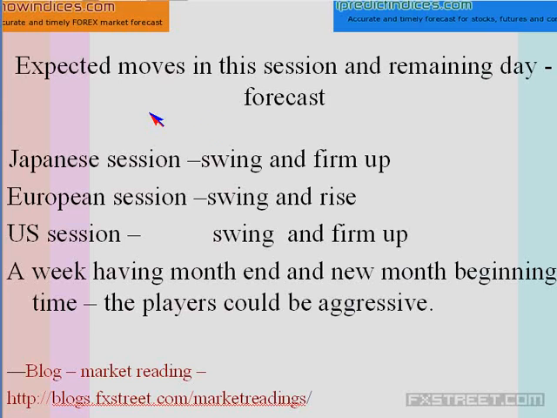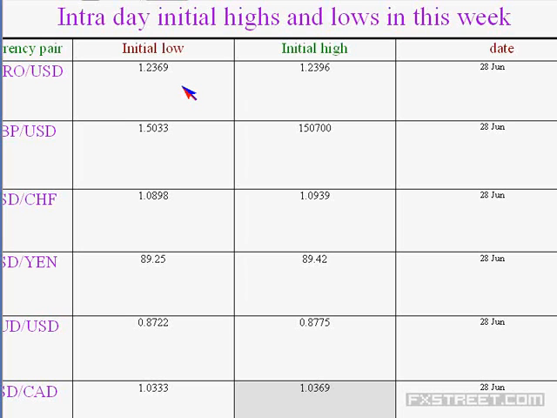During the rise, people tend to do the short selling, and later on they could come for the short covering first, or they will initially make an average sell, and subsequently when both the positions are making a loss, then they will try to come for the short covering. That sort of strategy the players try to induce in the traders, and we could see a good amount of gain during this particular week and also in the coming month. So let us observe the initial lows and the highs set for today and how exactly the market is expected to behave.